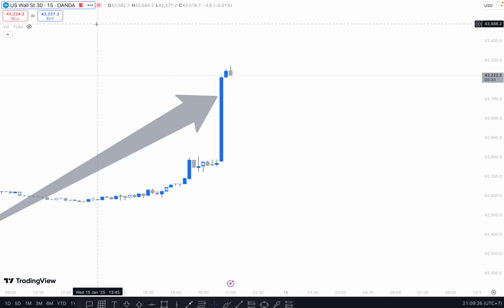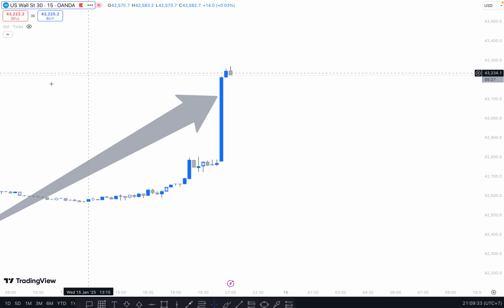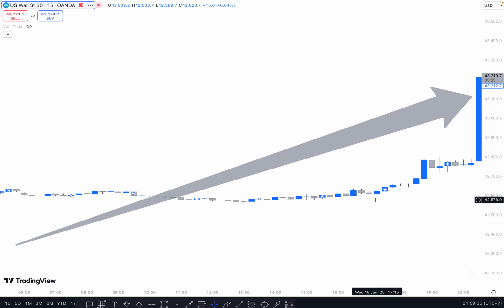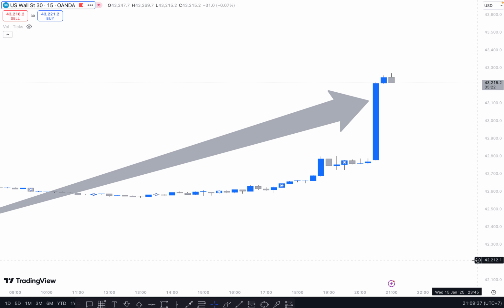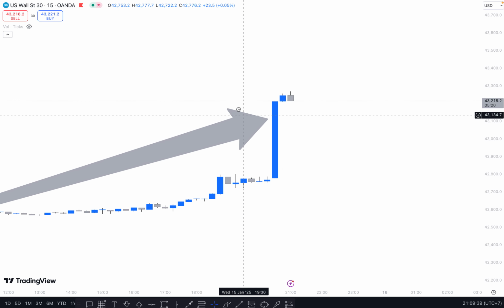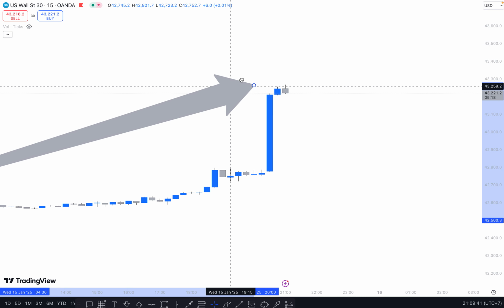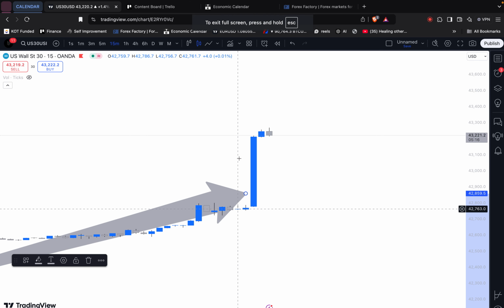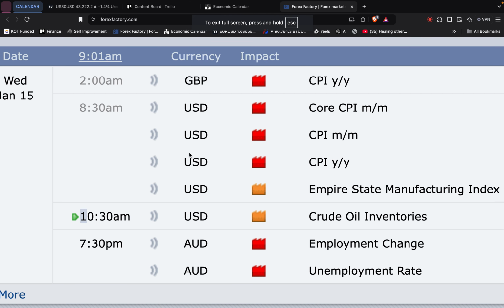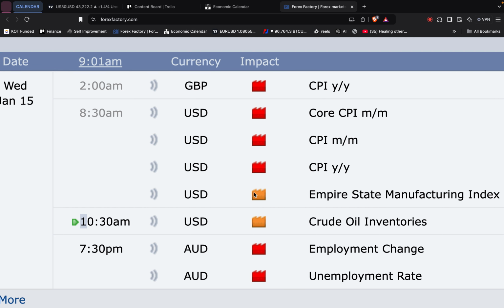So there was news today that actually caused the US 30 to have demand, because on my chart, blue represents bullish and gray represents bearish. This big blue candlestick represents bullish activity. And that activity was most likely caused by what happened today, because if you see the red, that means that's